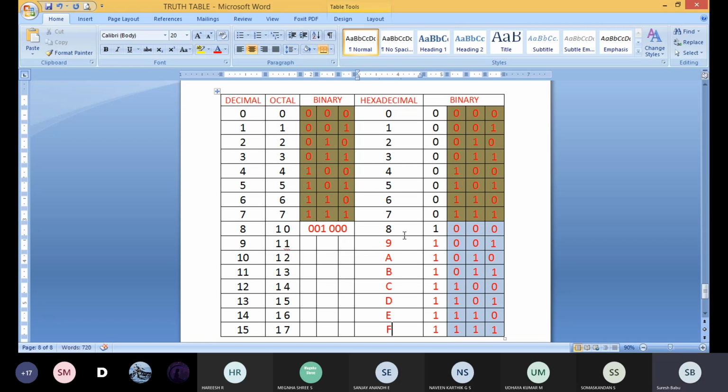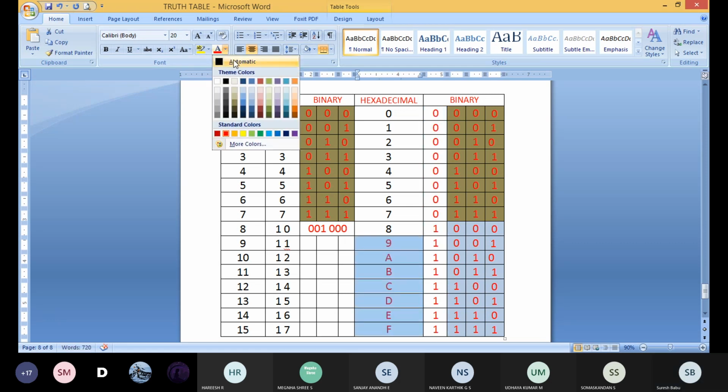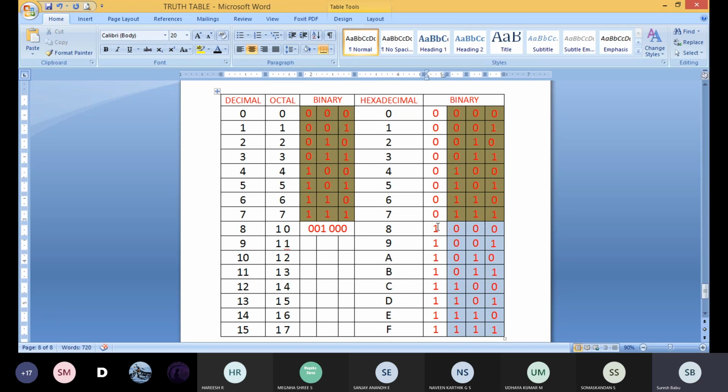Students, everyone understood? Students, kindly respond to me. Everyone understood or not? So kindly take the screenshot of this tabular column. Remember everything. This is the thing you have to give for an equivalent binary digit for hexadecimal or octal or binary. Okay. Students, everyone understood? Students, raise your hands. Who is having doubts?